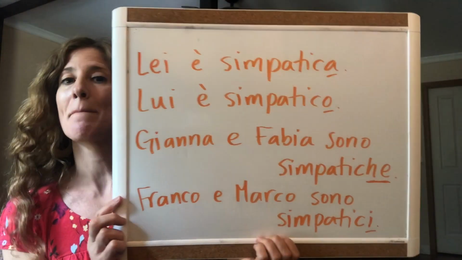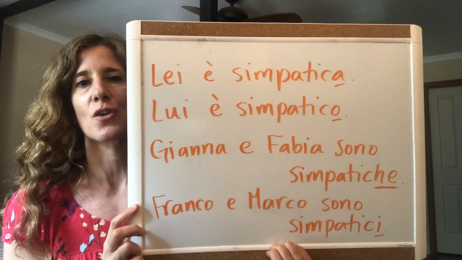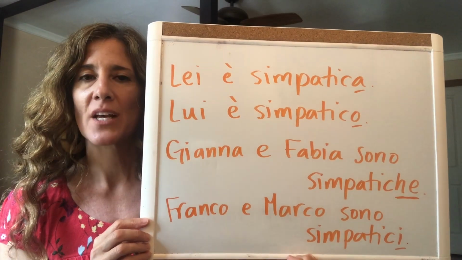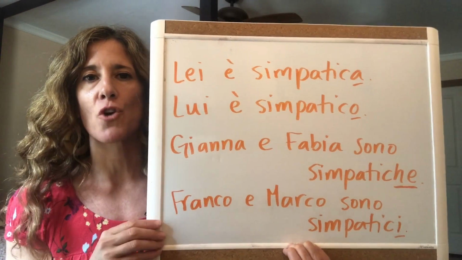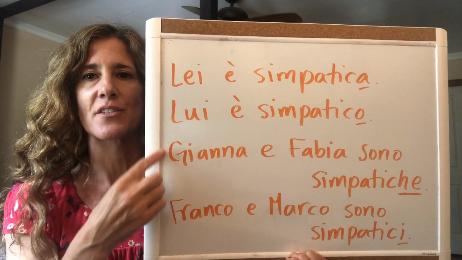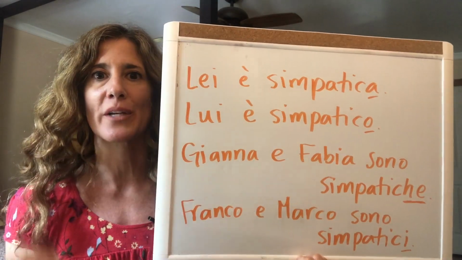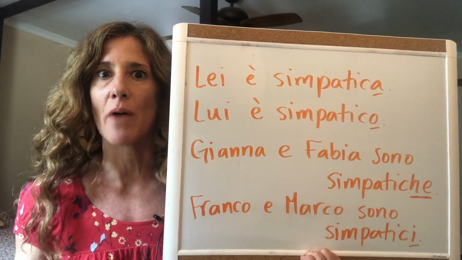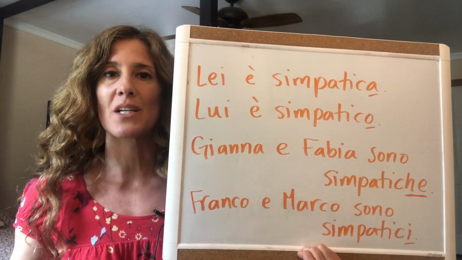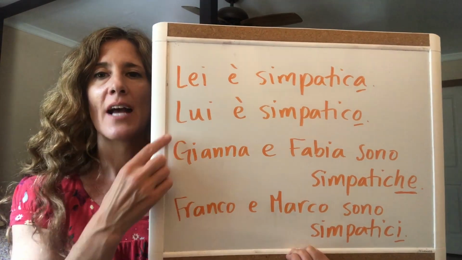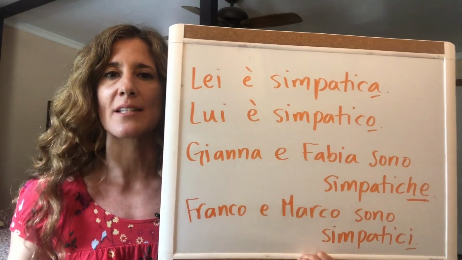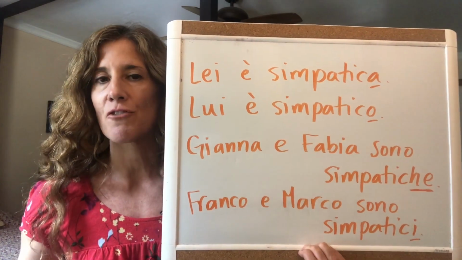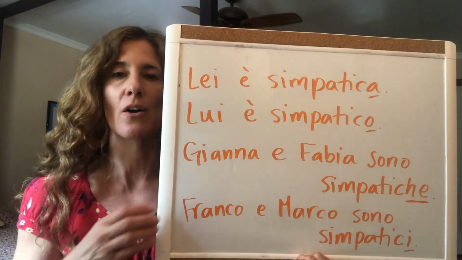L'esempio è simpatico. Simpatico meaning nice, okay? So if we said she is nice, lei è simpatica. And remember, I've said this before, but the subject pronoun is not necessary. I'm just doing it here so you know exactly who I'm talking about. Because if we said è simpatica, it would be obvious that we're talking about she because of the ending of the adjective. And if we say lui è simpatico, he is nice, that's ending in an O. So simpatica for she, simpatico for he, okay?